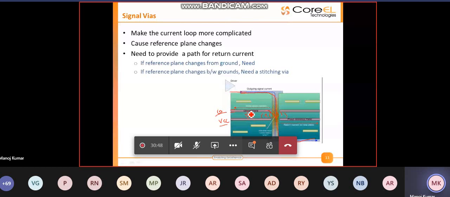So we will ideally provide a component which offers a low impedance path to your high speed returning current. And in a case where you have a ground reference in layer 2, and in layer 3 also you have some ground reference, then one would need to stitch using wires. So you place a wire which will form a better current loop.